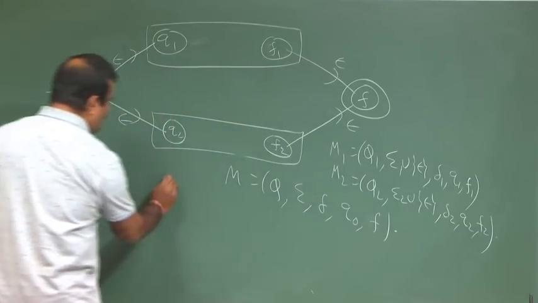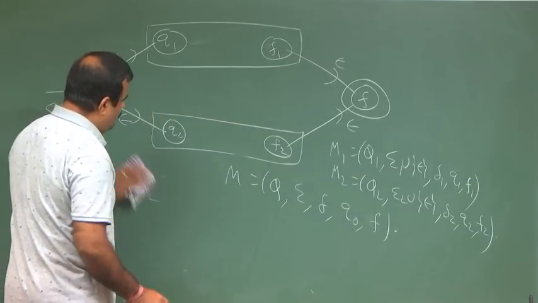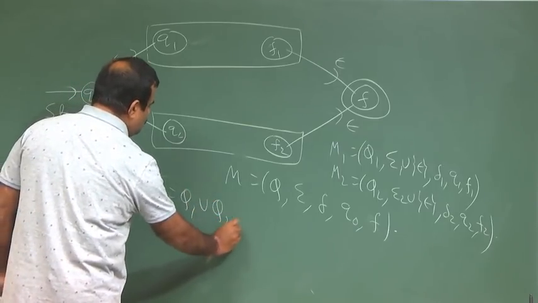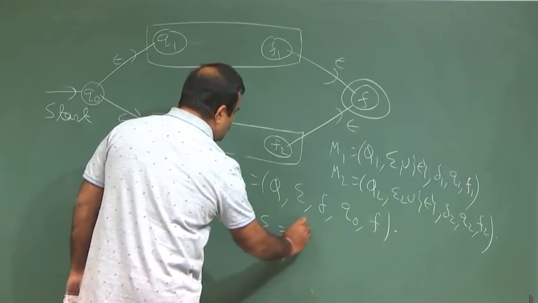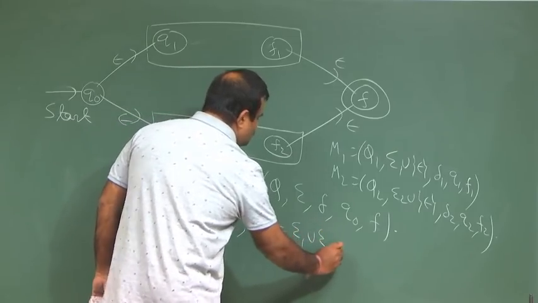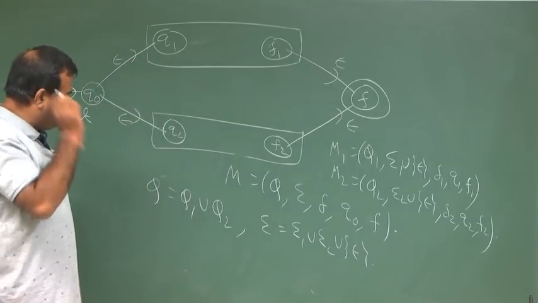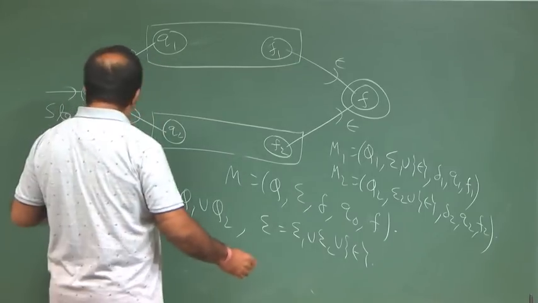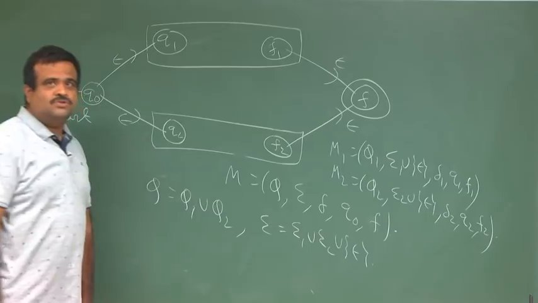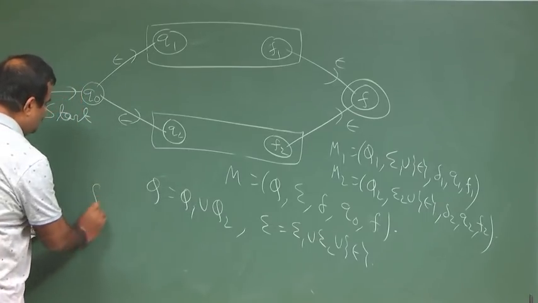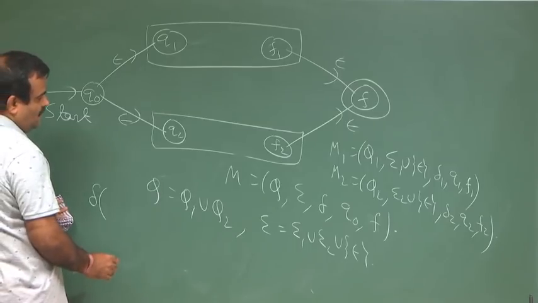So, what is sigma? Over what is Q? Q is nothing but Q1 union Q2, and sigma is nothing but sigma 1 union sigma 2 along with epsilon, and q0 and f we have introduced as the new states for this. And what is delta? The transition delta